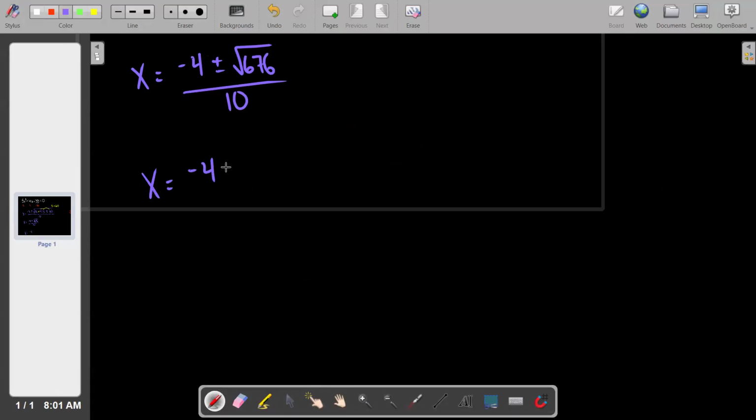So my answer now looks like this: negative 4 plus or minus 26 over 10. And having spent some time with me, you might remember I refer to these as pathway problems. I don't know if you'll remember that word, but the reason I say that is I view this kind of like a choose your own adventure pathway situation, where you have two pathways now that you can and have to track. One of them is the one I circled in red. And that thing I just circled in red is called a plus sign. So one of my answers is negative 4